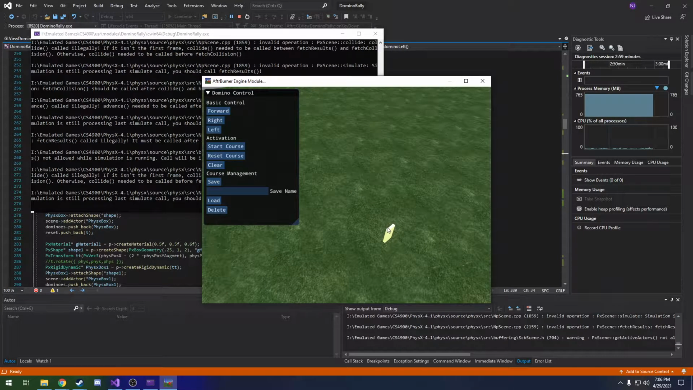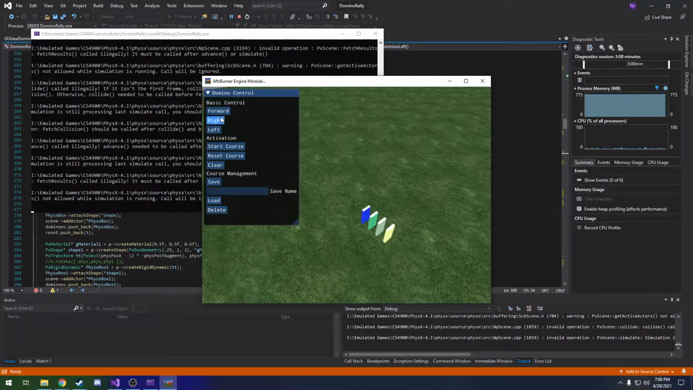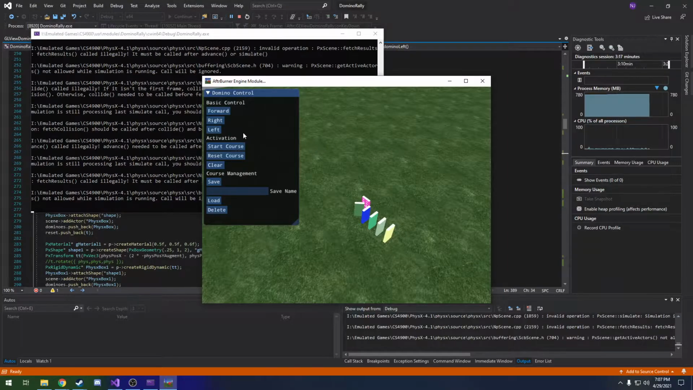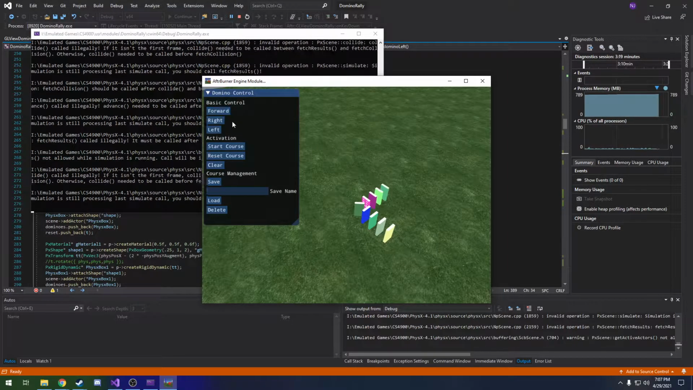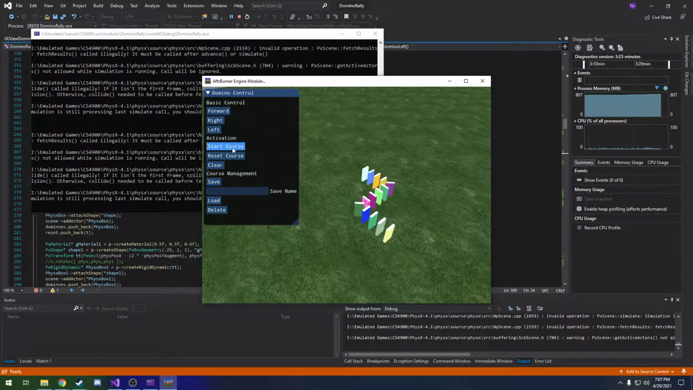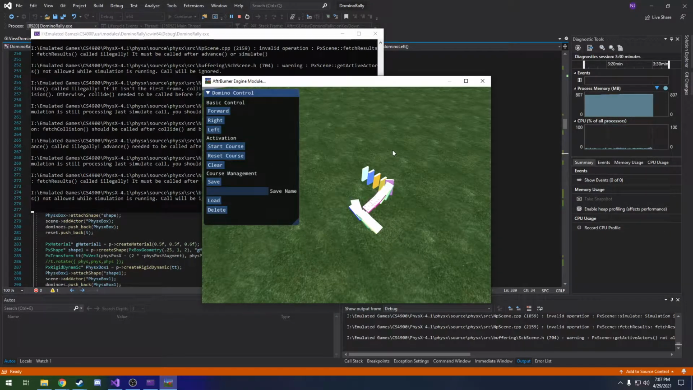So you have your starting domino. If you push forward, it adds another domino. You can do that if you hit right. The dominoes turn to the right, which in this case is just spawning two dominoes at different angles. You continue to go forward. You can then turn left, which is the same thing, just the other direction. And if you hit start course, it pushes the first domino over, and it does the normal physics domino